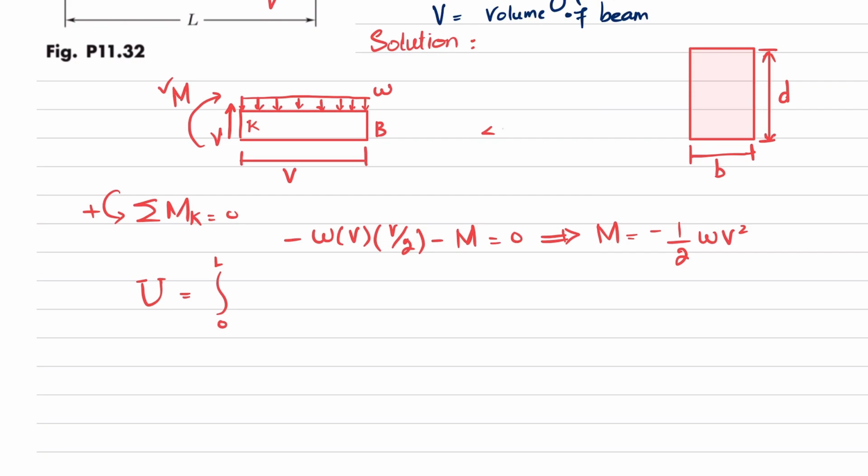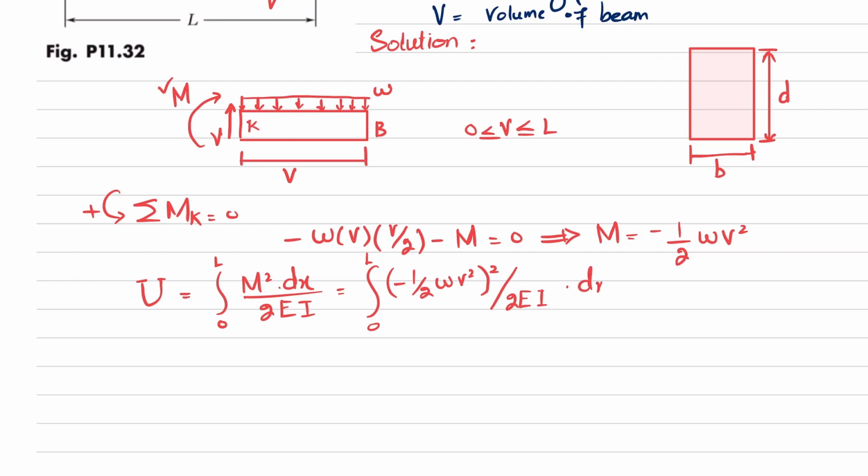So you can see that V is greater than or equal to 0 and less than or equal to L. So the integral of M square dx over 2EI, from 0 to L, with M square being minus 1 over 2 W V square, whole squared, divided by 2 EI, multiplied by dx. When you solve this, it will be equal to W square over